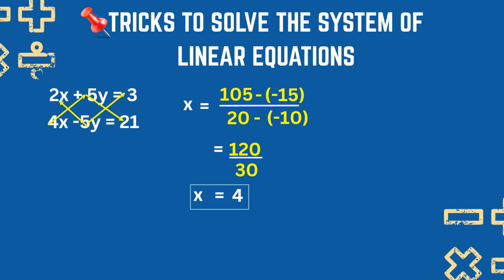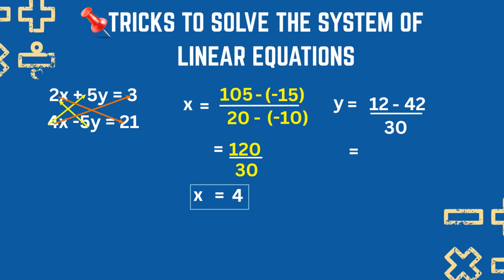So we already solved for x. What is our next problem? Alright, we're going to solve for y. So for y, we're going to multiply the numerical coefficient of x to the constant. So this is our first pattern. 4 times 3, which is equal to 12, subtracted from the product of 2 and 21, which is equal to 42, over or divided by the same process as x. So our denominator is 30, so we divide by 30. We're just going to copy the denominator of x.